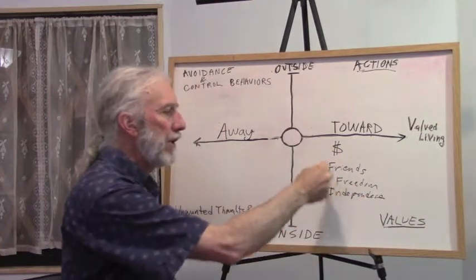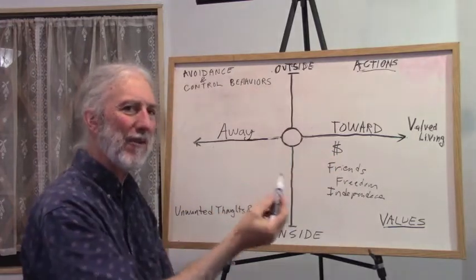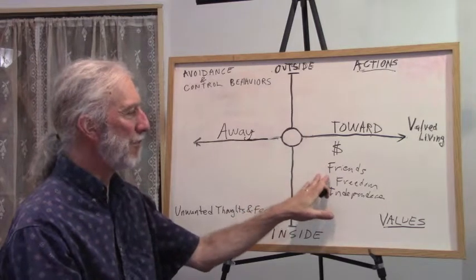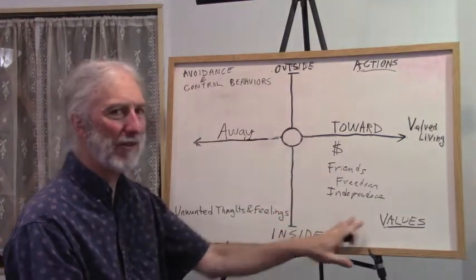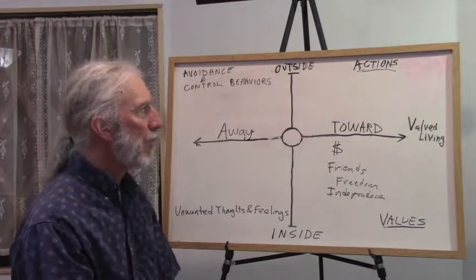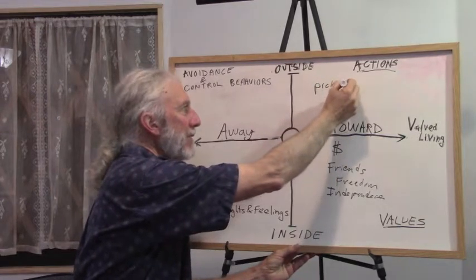So we're building more vocabulary around what a job is about. It's not just about a job, it's about friendship, it's about freedom, it's about independence, these abstract qualities that we call values that we were talking about in the first video. So the action step of picking up applications